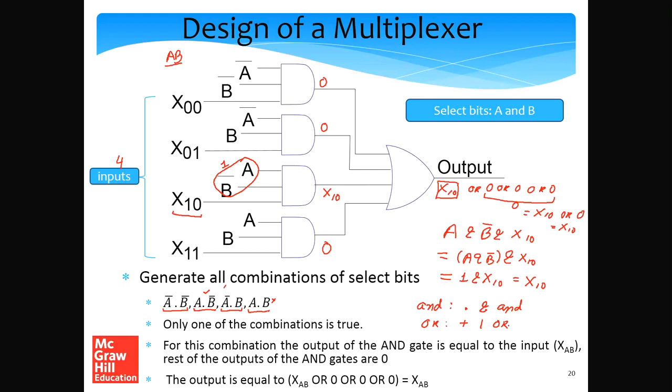So we'll use these symbols interchangeably depending upon the context, but the meaning is the same. So now coming back to a multiplexer, with the help of these equations, what we essentially showed is that depending upon the values of the select bits, only one combination is true, and for the input corresponding to that combination, it gets reflected at the output of the multiplexer. So on a whole, what do we have? We have 4 inputs coming in and we have 2 select bits. Based on the value of the select bits, only one of the inputs gets reflected at the output.